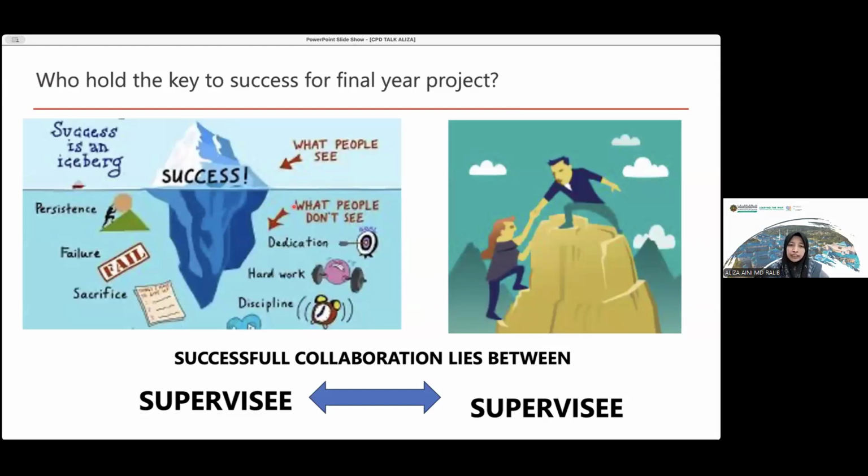Who holds the key to the success of the final year project? As we can see here, success is the part above the water, like an iceberg. This is what people see. To get effective supervision, I believe you need dedication, not only from the students, because if you can see the arrow here, it's a two-way communication. We don't rely only on the supervisor. Sorry, there's a typo here, this should be supervisor. So it needs to be a two-way role. The supervisor also needs to be dedicated,